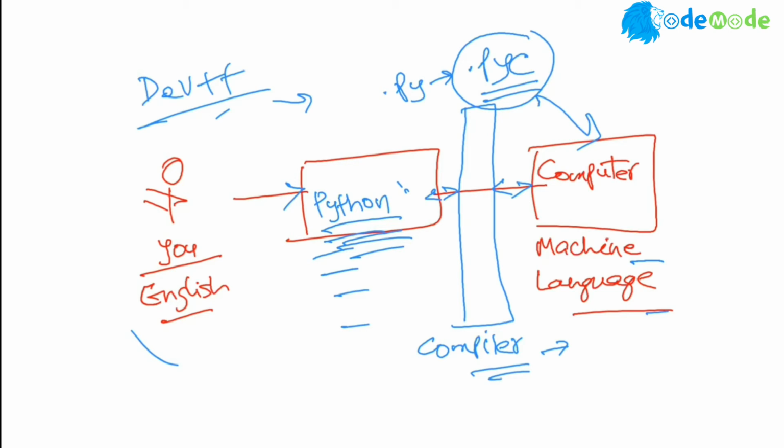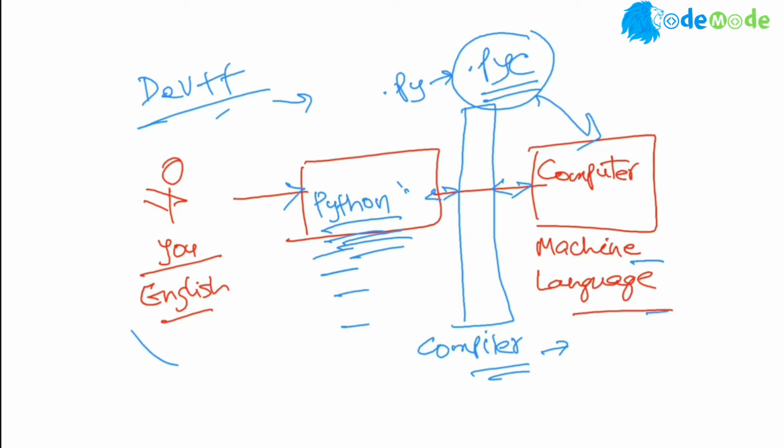Compiler, since it does one bunch and takes the whole code, if you write 10 instructions and you have a problem in the third line of the third instruction, the compiler will say, I'm not going to send it to the computer because the third line has a problem. So the compiler will complain and will stop. But the interpreter will not stop. Interpreter will say line number 1, okay, there you go. It already fed it to the computer. Line number 2, fed it. Or third line, there is a problem. Sorry, I can't do anything. I pause. You see the difference? One is on the fly, another is all taken in a bunch and then processed.